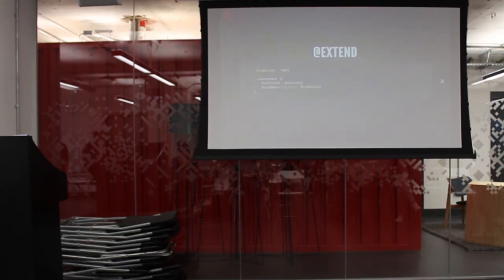Do you have to have the import files with underscore in front, or? You don't have to, they won't know. Say you've got your main SCSS style sheet, and you've got @import, quotations, typography. Or if it's in a folder, partials / typography. If it's underscore typography.scss, it won't compile. You just literally put the folder name and typography, and then it will pull it in, no problems. And anything that's in there, you're fine, you're good. And later on when you're doing it, you can reference that stuff as well.